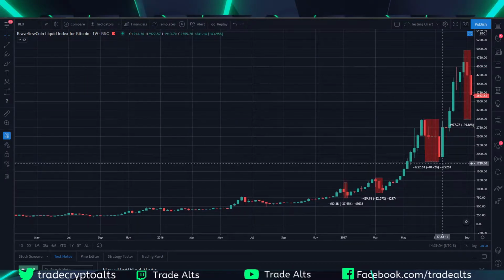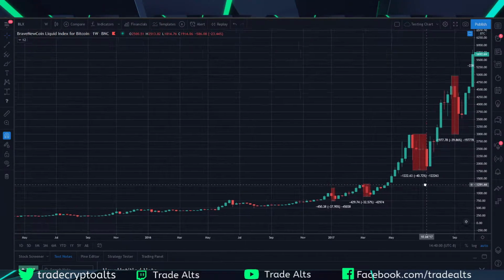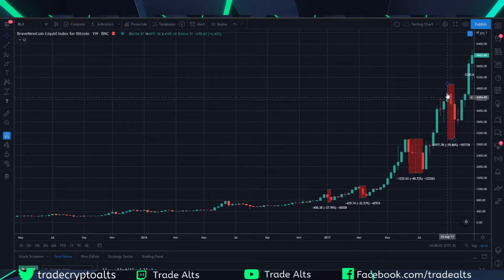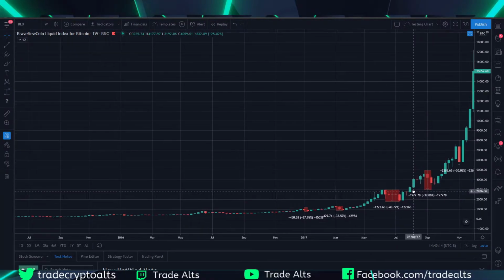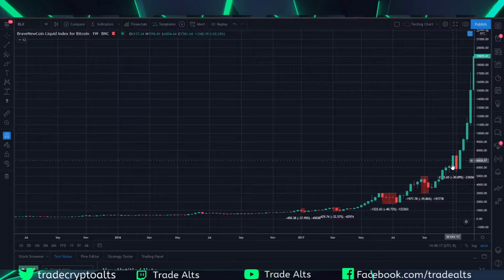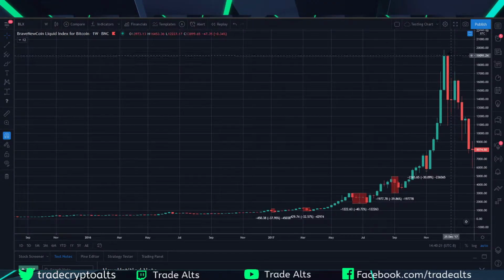You get another correction, this time over a 40% correction. So that was pretty big. And then you have another 40% correction right after that, which is kind of similar to what we're seeing now, right? So we had our 30% pullback that I showed earlier, and we're in the middle of doing another one right now. But you can see what happens after these, right? So price moves up, you get another 30% pullback here, and then you get your blow off top